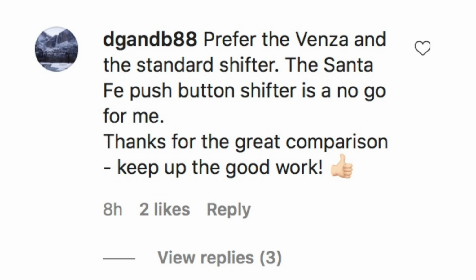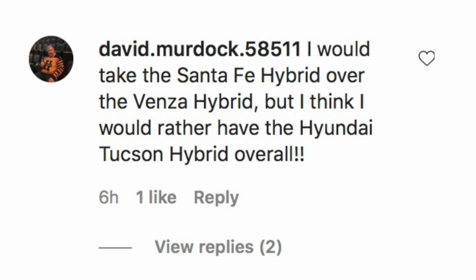Thanks for the great comparison. Keep up the great work. I would take the Santa Fe Hybrid over the Venza Hybrid, but I think I would rather have the Hyundai